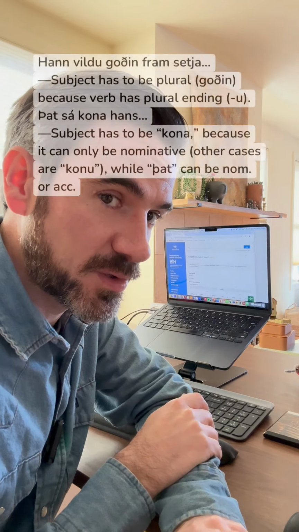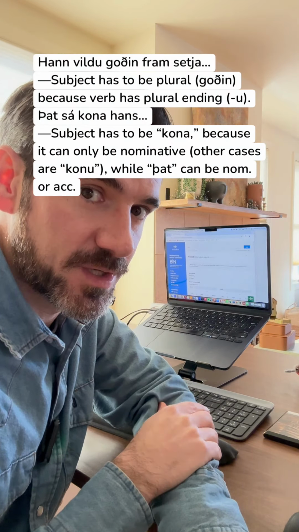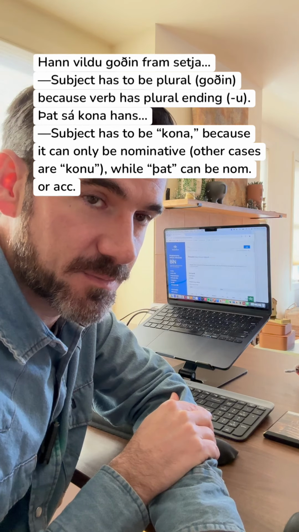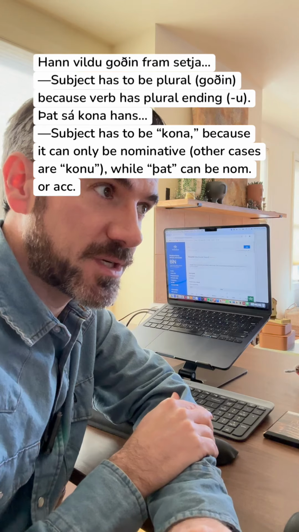Here's a second ultimate hack for dominating reading Old Norse. Remember that if hann or það, he or it, is the first word in a sentence, that doesn't necessarily mean that it's the subject, because both of those words are identical in nominative and accusative. Look at the verb before you translate that as the subject, because very often those object pronouns will be the